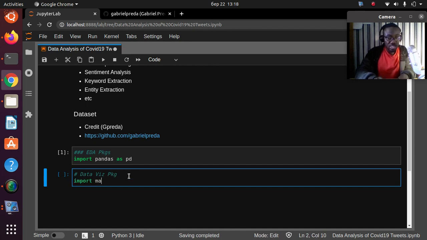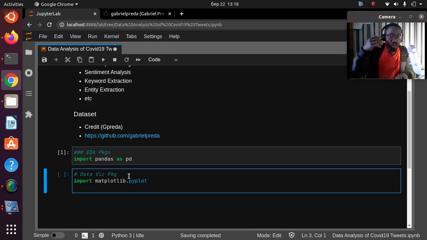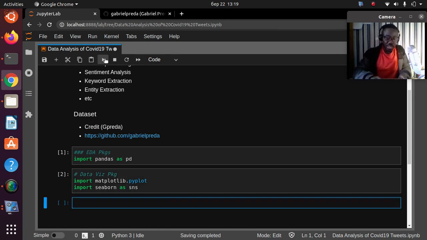We'll be importing matplotlib.pyplot. We can also use Plotly Express, but let's not use Plotly Express. Let's go with Seaborn. So import Seaborn. Apologies for the noise you're hearing behind. Anyway, that is the bonus. Okay, so that is all that we'll be using for the data visualization packages. So I'll just run this, right? And then let's import